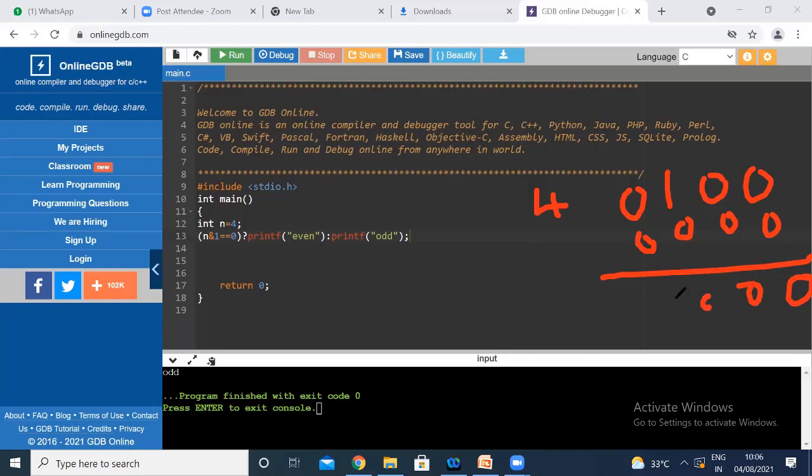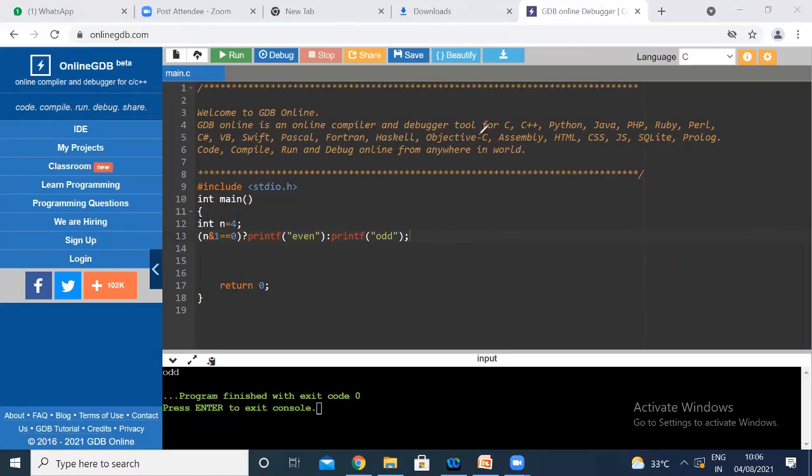Creating 0, 0, 0, 0. Everything it is giving odd only. Why?